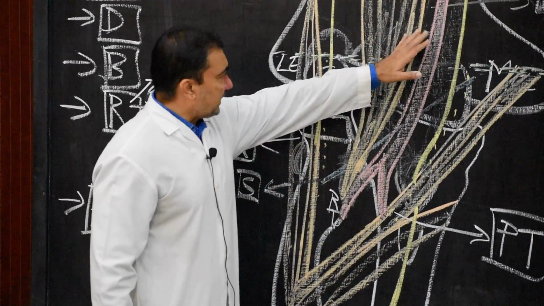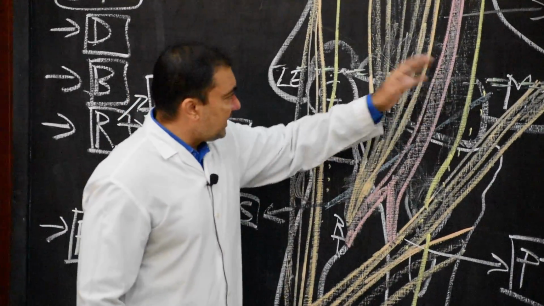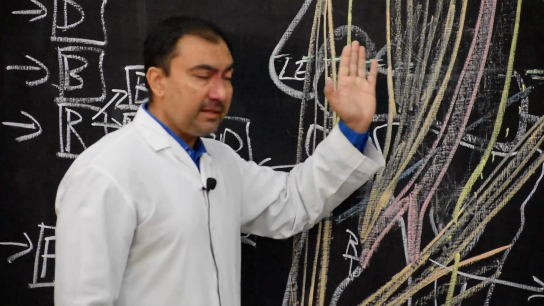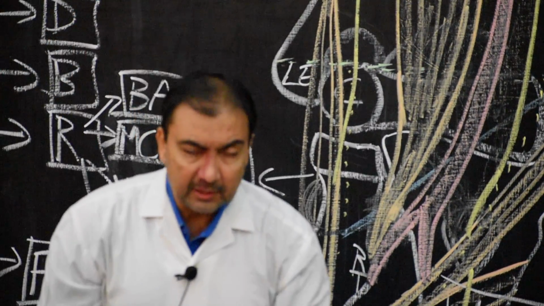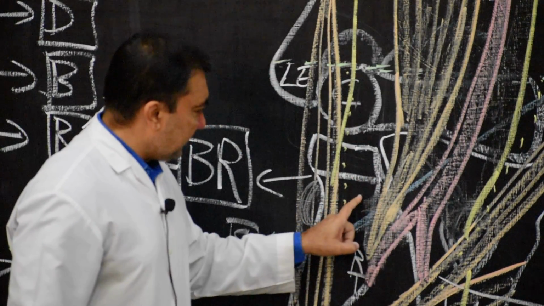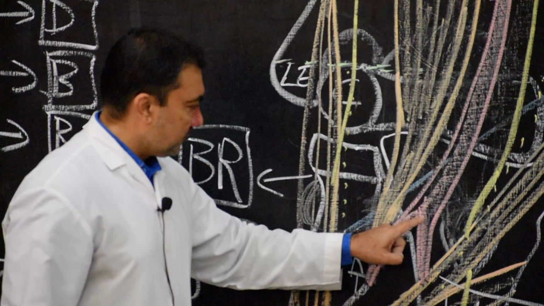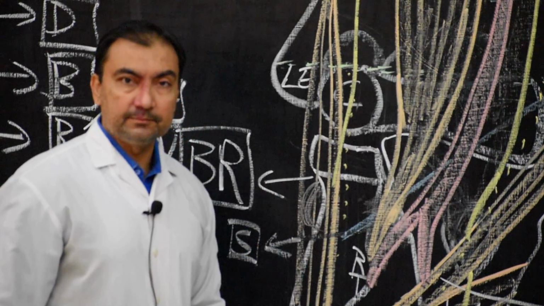Then we come to the brachial artery. As the brachial artery passes down, it is lateral to the median nerve and medial to the biceps tendon. When it goes down through the cubital fossa, exactly at the level of the neck of the radius, it will divide into 2 branches, radial and ulnar.